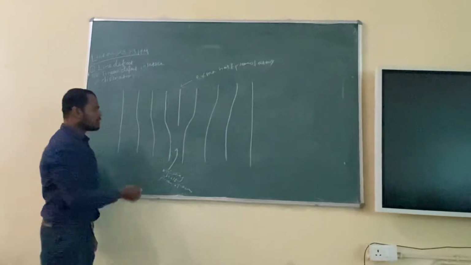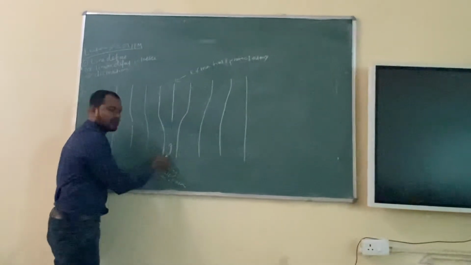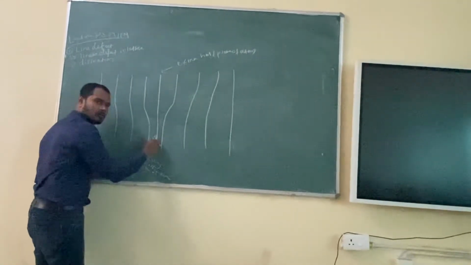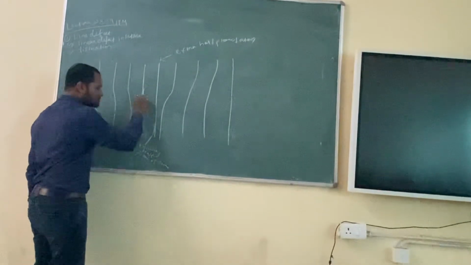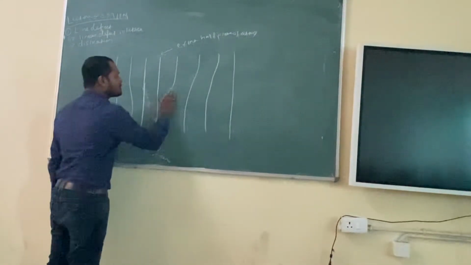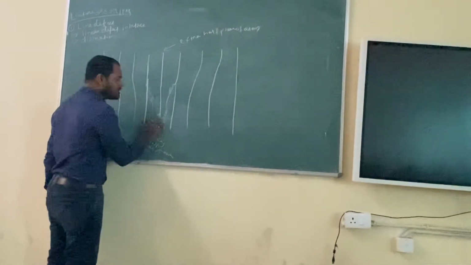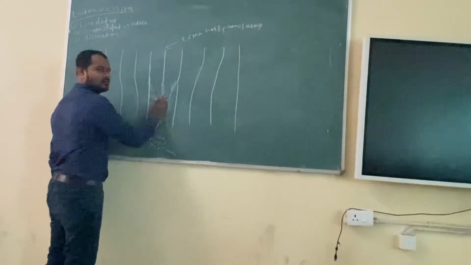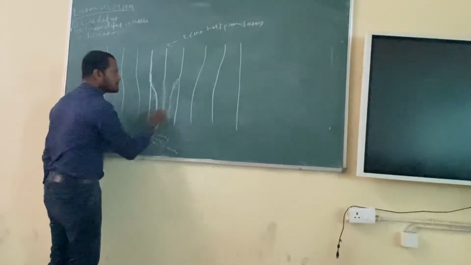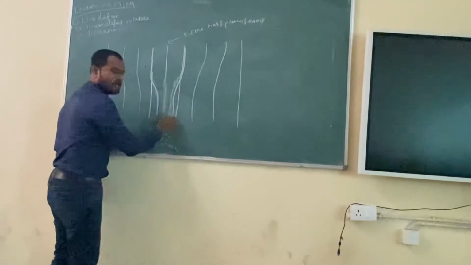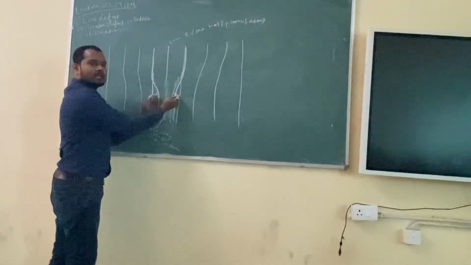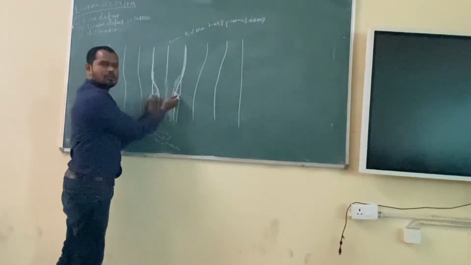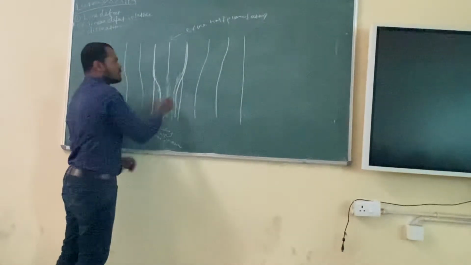Very good. Because the half plane of atoms is missing. Suppose this is a complete one. So what will happen? This will be straight. Right? This will be straight now. But if this is missing, it will become like this. Why? Because atoms are missing, so atoms have to maintain an equilibrium distance. So they will come close. So that means